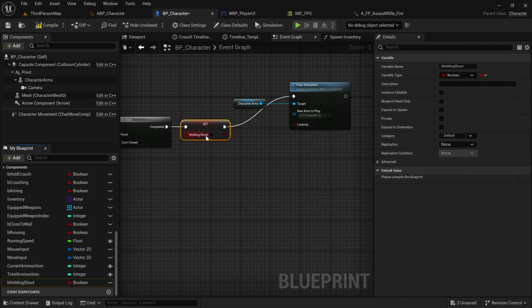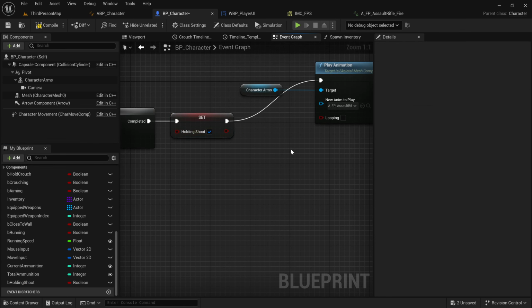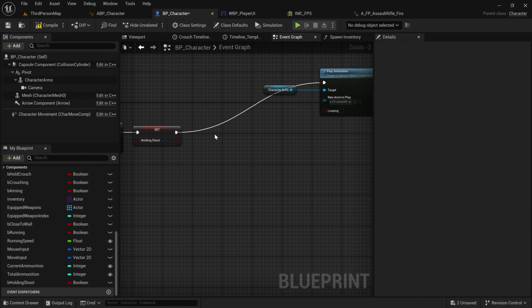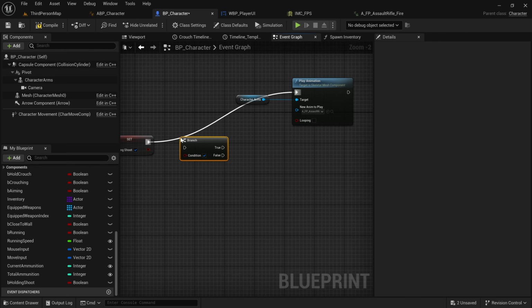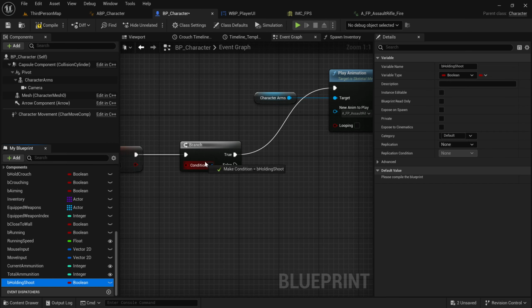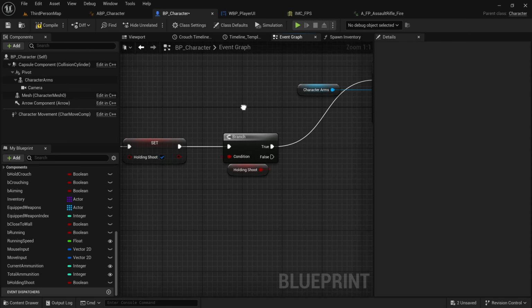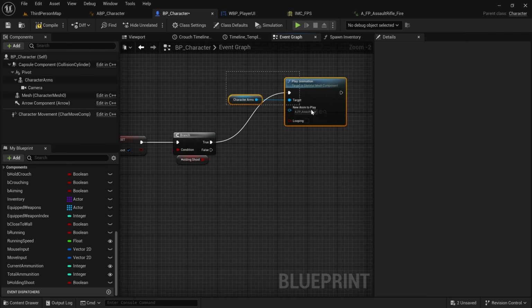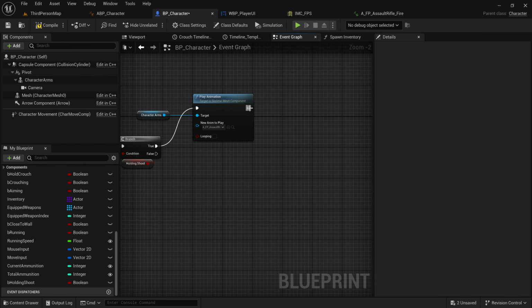And whenever we first click, I'm going to set holding shoot to true. And after I set holding shoot to true, and this is going to be very weird, I'm going to check if holding shoot is true. Naturally, the first time it's always going to be true. So if I just check that, this is always going to be true, you might say, because we just set it. But the other thing we're going to do is after we play the animation,